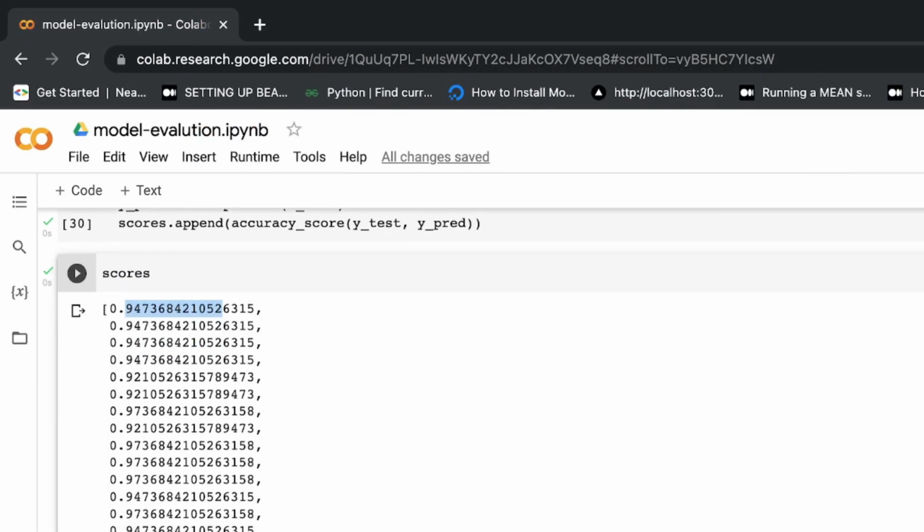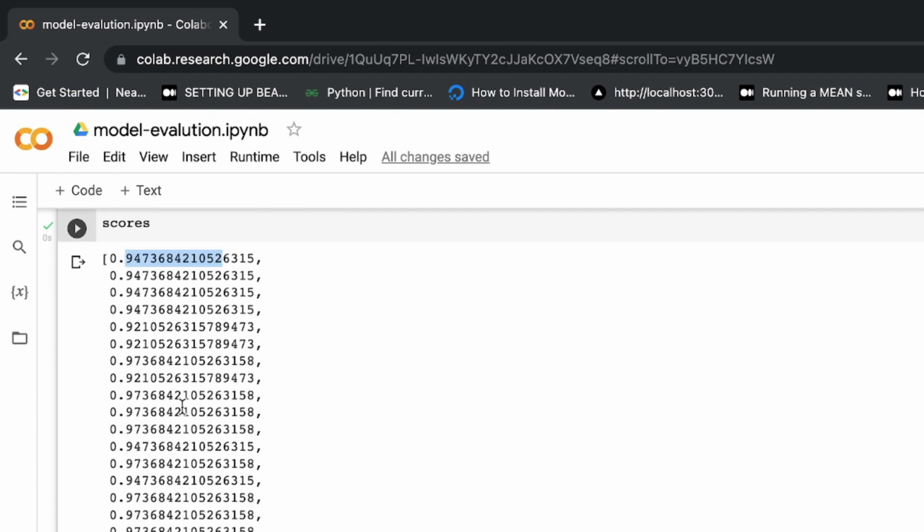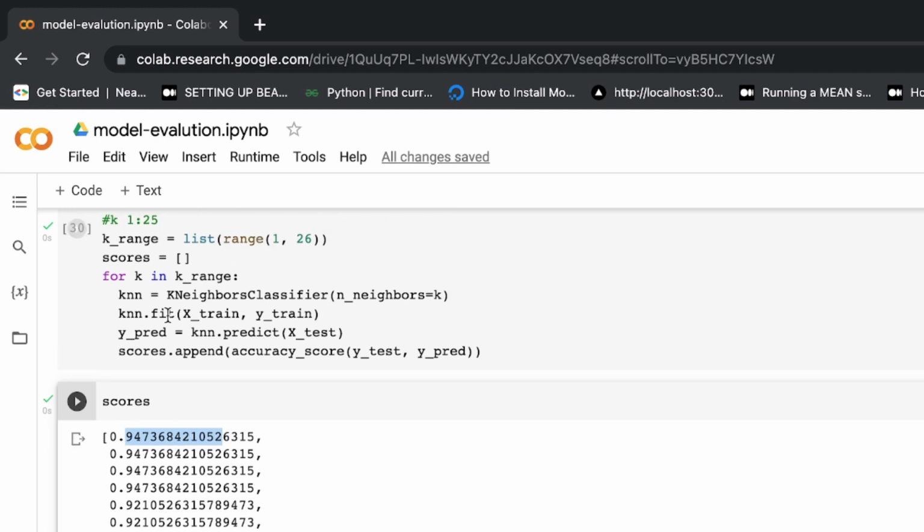So different numbers are coming, so it is very difficult to understand which value of k is getting the best accuracy score. That's why we are not going to print this score, we are going to plot that score, and